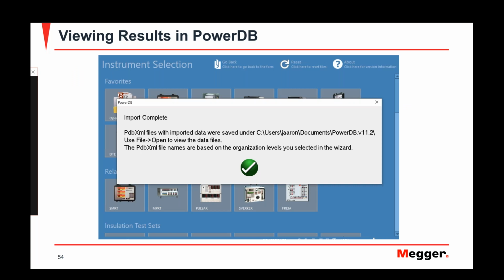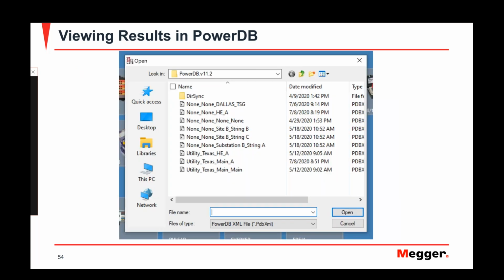So next it's going to tell you that the import is complete, and go ahead and press the green check mark, click on that. And then it's going to ask you how you want to save that file. Go ahead and ensure that the name of the file is named the way that you want to name it, and